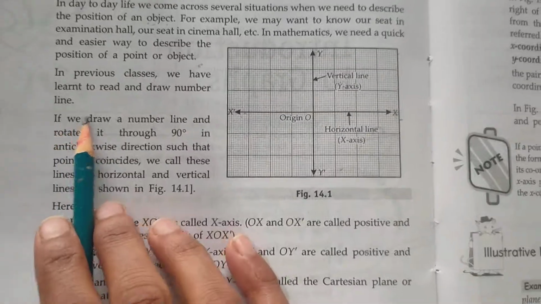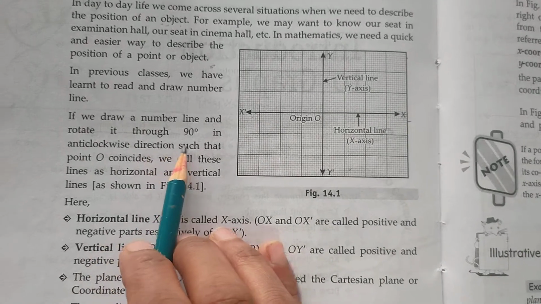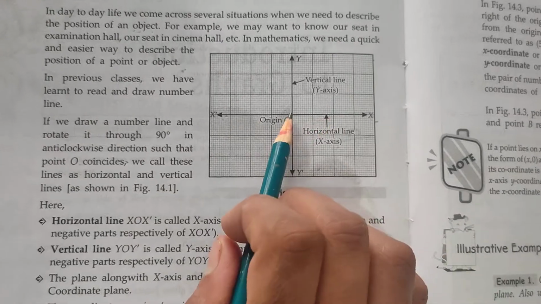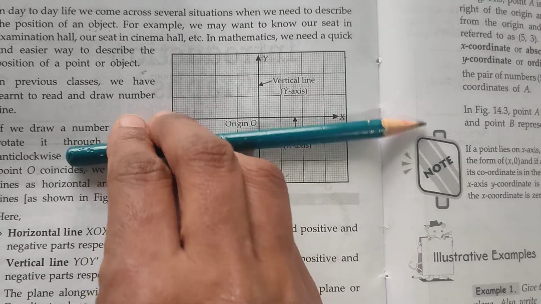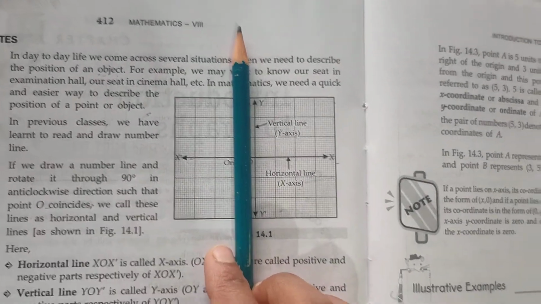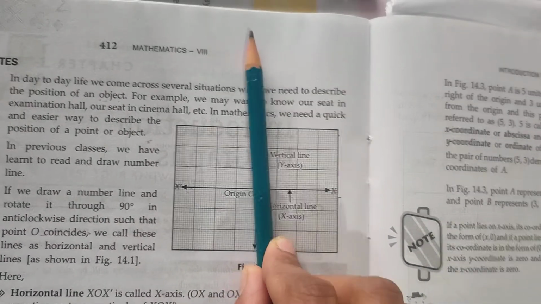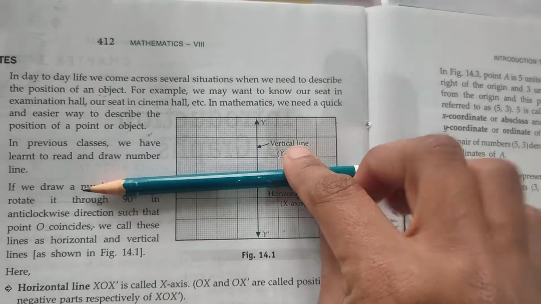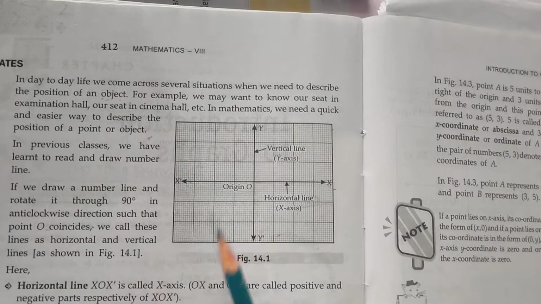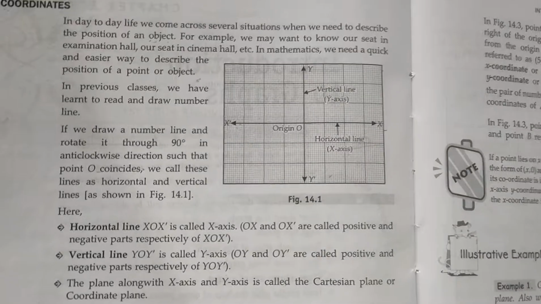This is our quadrant. If we draw a number line and rotate it through 90 degrees in anti-clockwise direction such that point P coincides... Let's take this as our line O to X, and when I rotate this axis anti-clockwise up to 90 degrees, it makes another angle. It's the x-axis, and this is another axis. Again when I rotate it 90 degrees, another axis is created, the same 3 times and 4 times. When 4 rotations are covered in anti-clockwise direction, a complete XY axis formation is done.